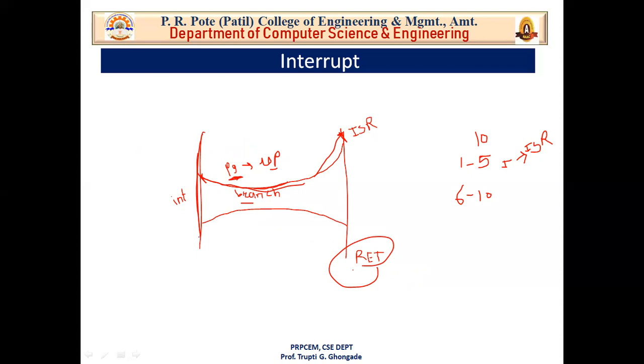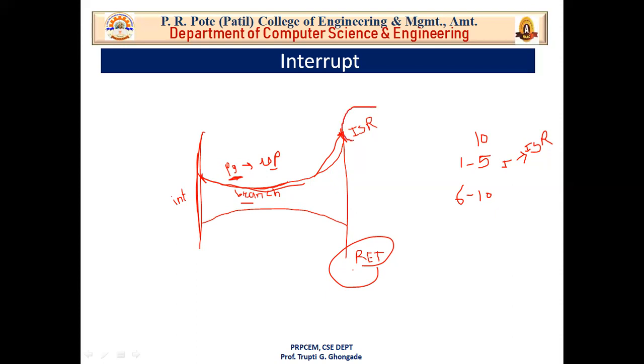From where does the processor get an interrupt? The processor gets an interrupt from a device. Whenever a problem develops in a device, or whenever a device wants some service from the processor, that device sends a signal to the processor that it needs the processor's attention, and that particular signal is called an interrupt. So the processor is always getting interrupts. And once the processor gets an interrupt, what will it do? It will suspend its current program and go to the ISR, the interrupt service routine.